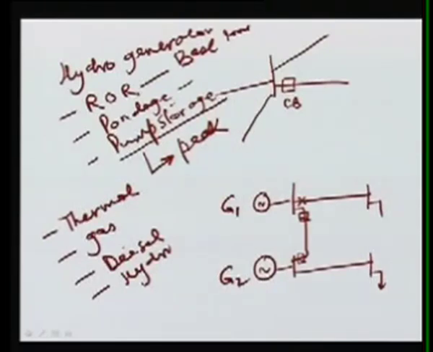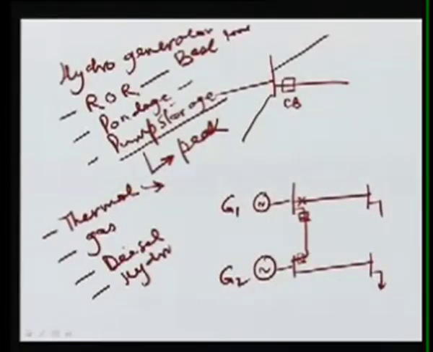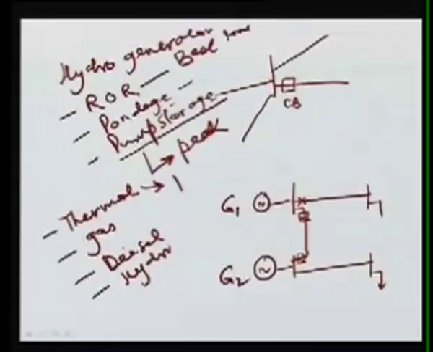In the non-conventional power plants, which are also called the green power, like your solar, wind, fuel cells, they are also called green power because they create less pollution to the environment. So here the thermal, basically they use coal, and then we burn the coal and generate the steam, and steam becomes the medium of transfer of power from heat to mechanical, that turbine we run, and then the turbine runs the generator, and then finally we generate the electricity. So this power plant can run both as peak as well as your base load